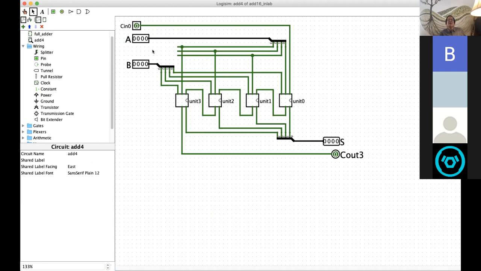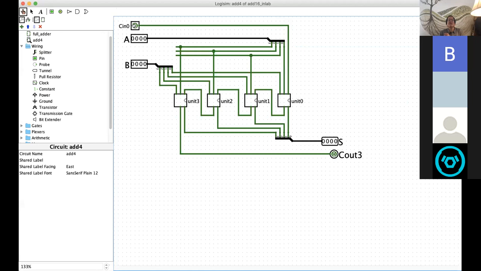You know, 0 plus 0 is 0, right? And if you have a 1 carry input with no non-zero A or B inputs, you should get a 1 at the S. So you do, right? So let's put that at 0 again. Let's say 1 plus 1, you should get a 2 here, right? So 1 plus 1 gets you a 2, right? Well, if the carry in is 0,